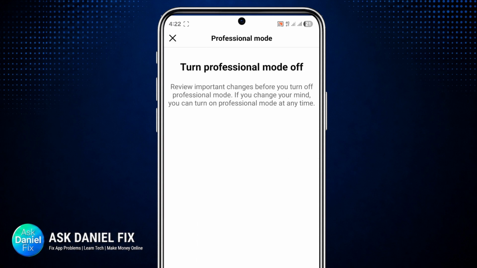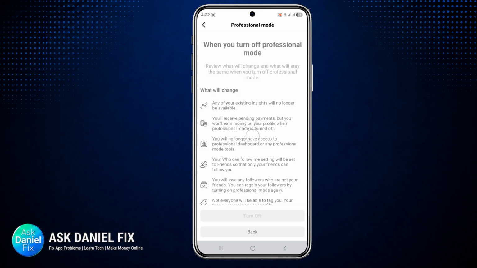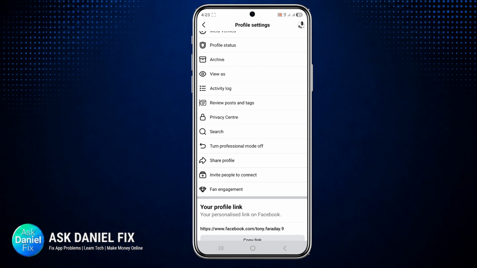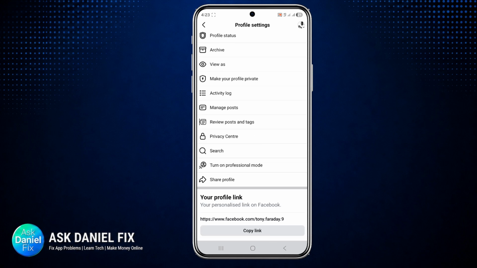So if you click on that like this, you'll be able to see continue. So you just need to go ahead and click on continue and turn it off. So once this is turned off, go ahead and click on close. So once you close it, right here, you just need to refresh the page. Now once you refresh the page, you're going to be able to see this option which says here,